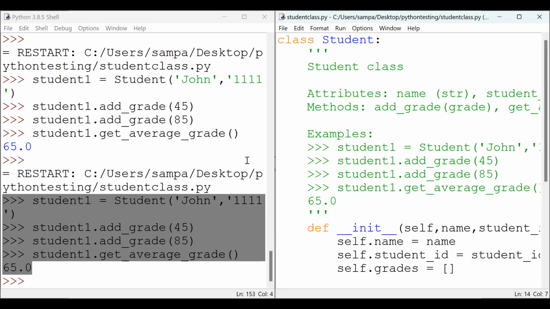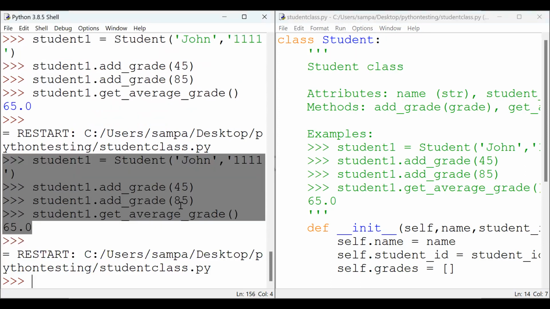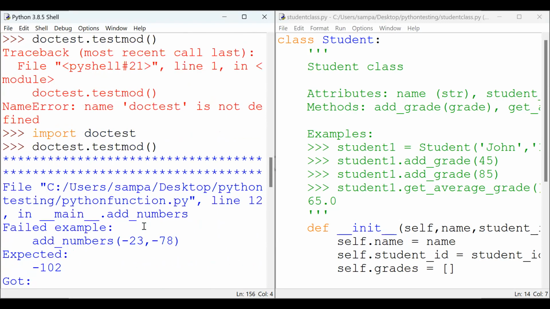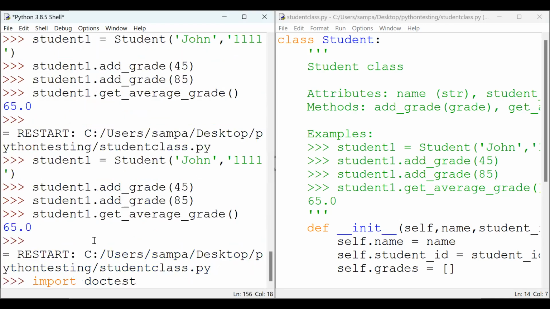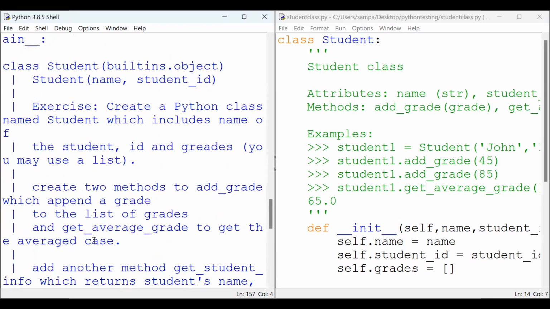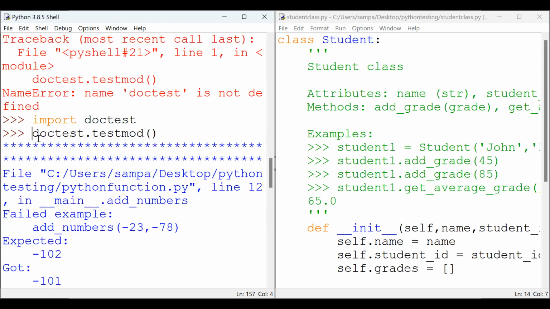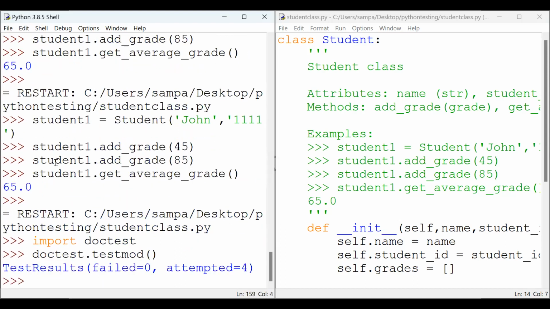Right? Now we can execute again, run module. Again, there's no difference. But now we can check earlier. Remember, we said import doctest, right? And then you have to say doctest, not testmod, right? So it says test result. There are 4 attempts. That means there are 4 execution lines. No failure,